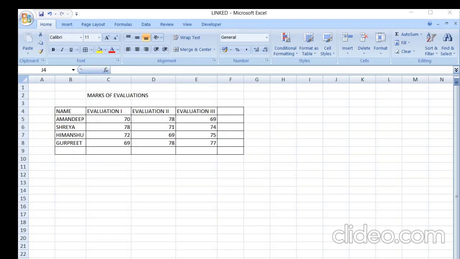Now in this video I am going to discuss with you how to pick up the data from another workbook, because within a sheet, that is one workbook, where you are having sheet 1, sheet 2 and you are doing the calculation on sheet 3. Now I am going to discuss with you when you are having the data on one workbook and you are putting a calculation in another workbook, means a completely new file. We can call it multiple workbooks and linking cells.